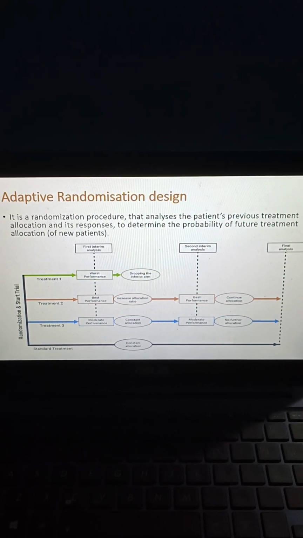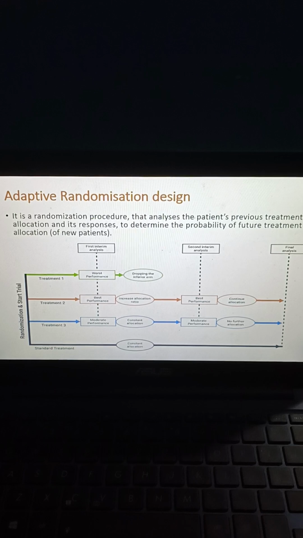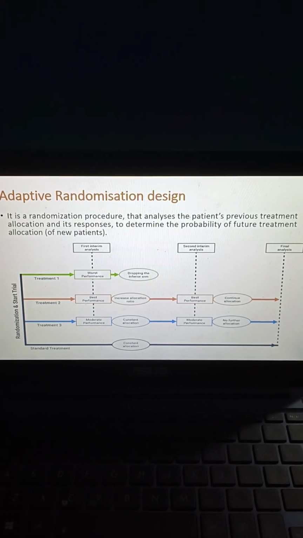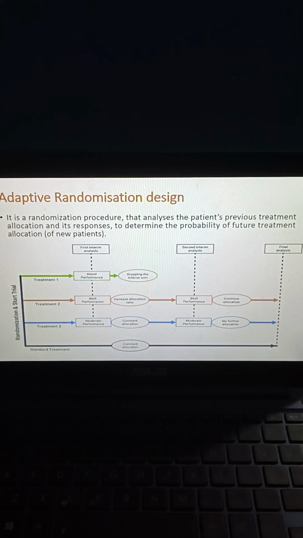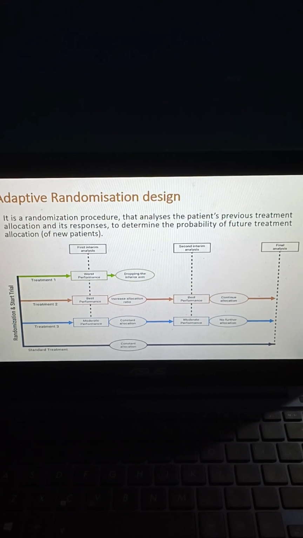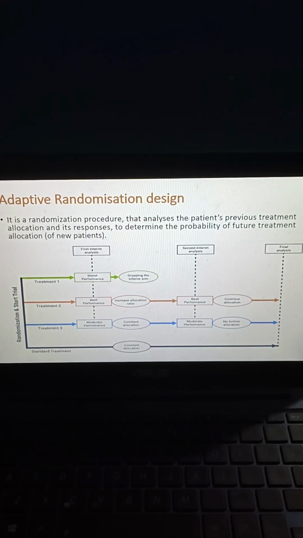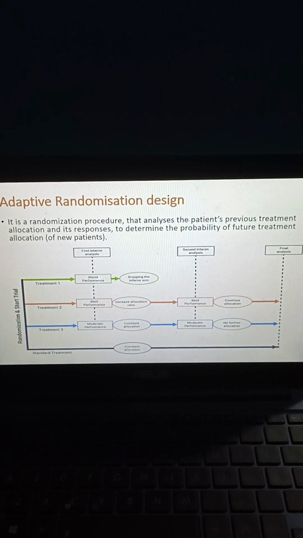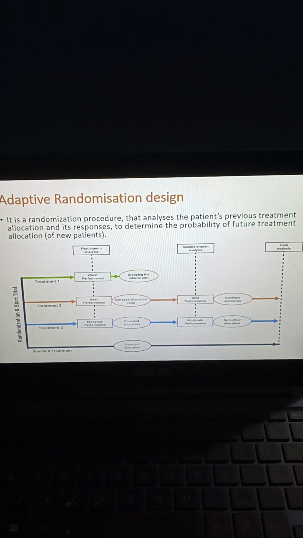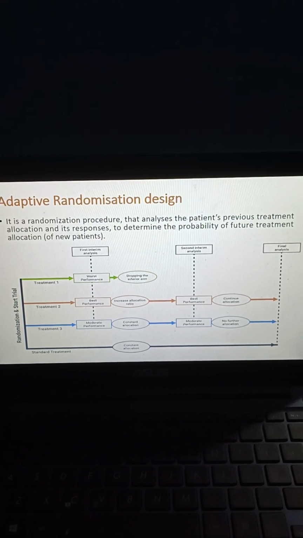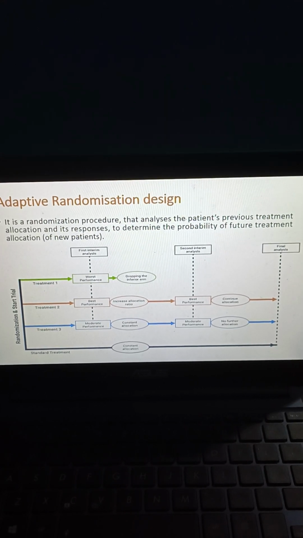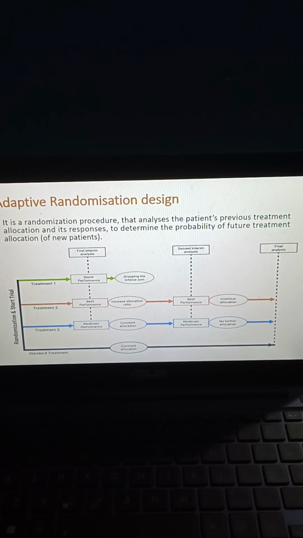Coming to adaptive randomization design, it is a randomization procedure that analyzes the patient's previous treatment allocation and its responses to determine the probability of future treatment allocation of new patients. Randomization and start trial: treatment 1, treatment 2, treatment 3. Then treatment 1 worst performance, dropping the inferior arm. Then treatment 2 best performance, increase allocation ratio,